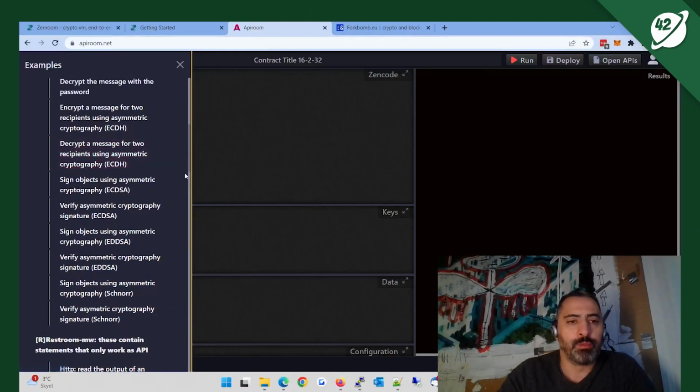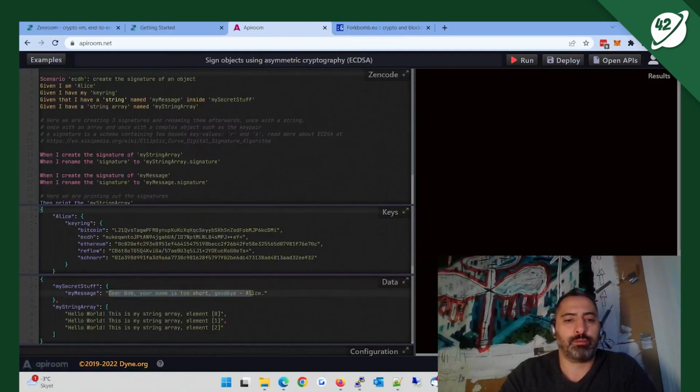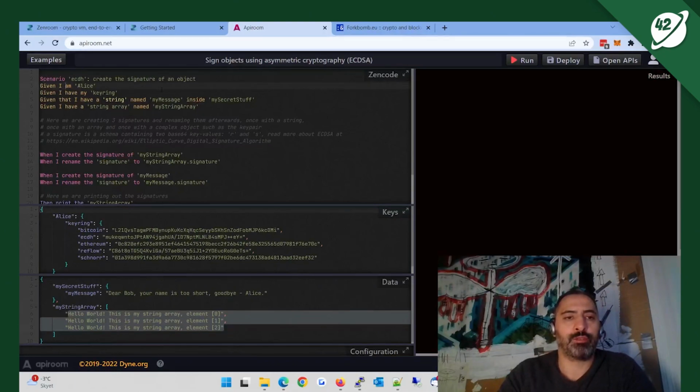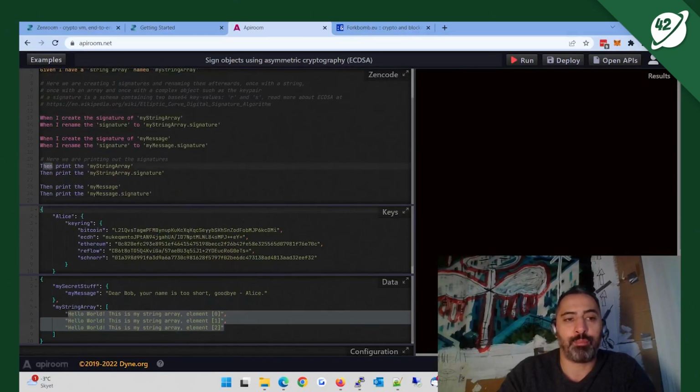people. So I'm going to produce ECDSA signatures of a string and an array of strings. So this is what a Zencode script looks like. The script is divided in 3 steps. The given step, where I load the data. This step is strictly read-only. In the second step, which is the when step, all the computation happens. And in the third step, which is the then step, the data produced in the previous step is